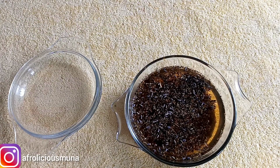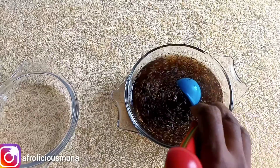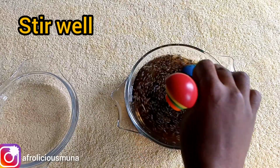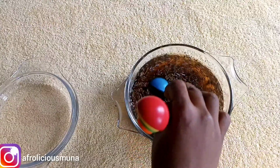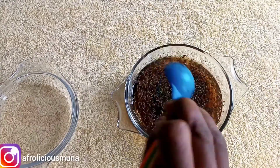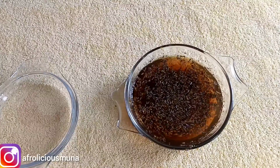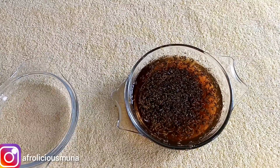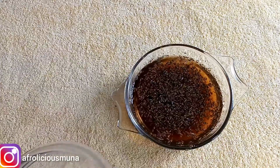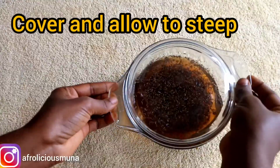Even you can use the second method, which is the boiling method. You can put everything in your pot and then you boil. Whatever method suits you, you can go ahead to do it. So I stirred well. After stirring, then I would cover it and allow it to steep for about 45 minutes to 24 hours. This tea will definitely help you reduce shedding, reduce excessive breakage, and grow your hair, because all